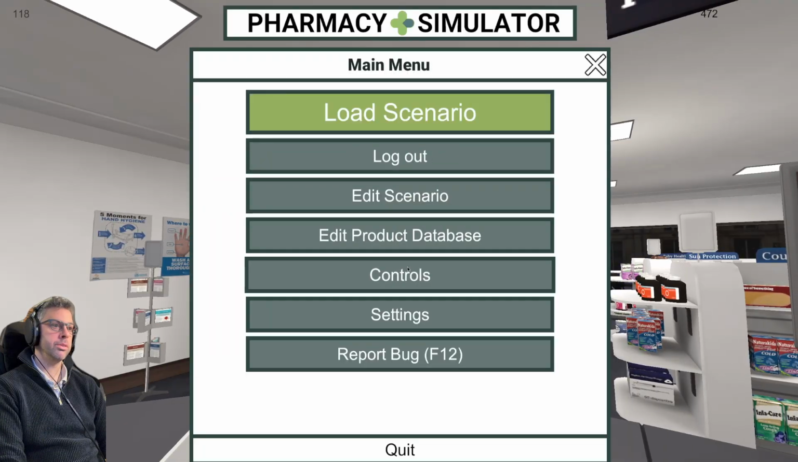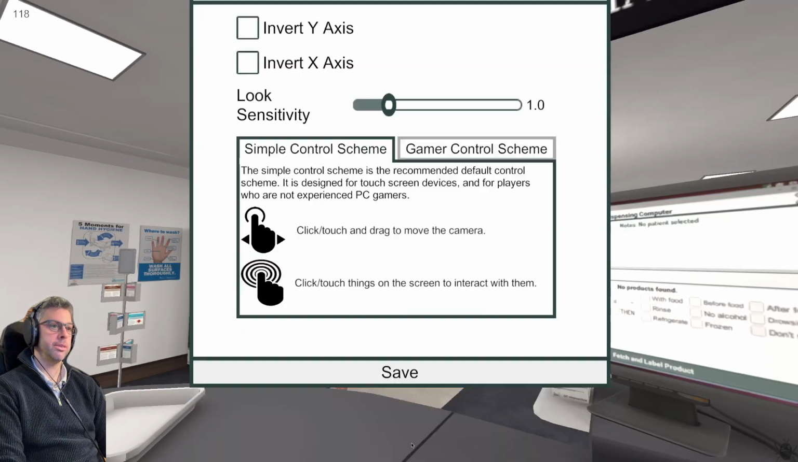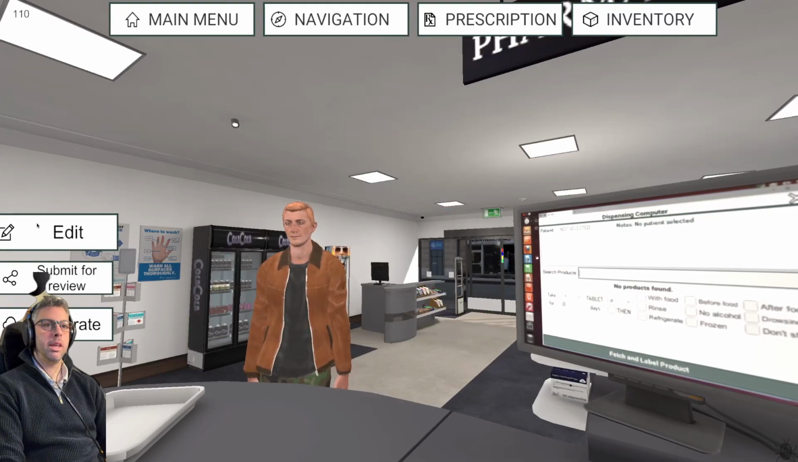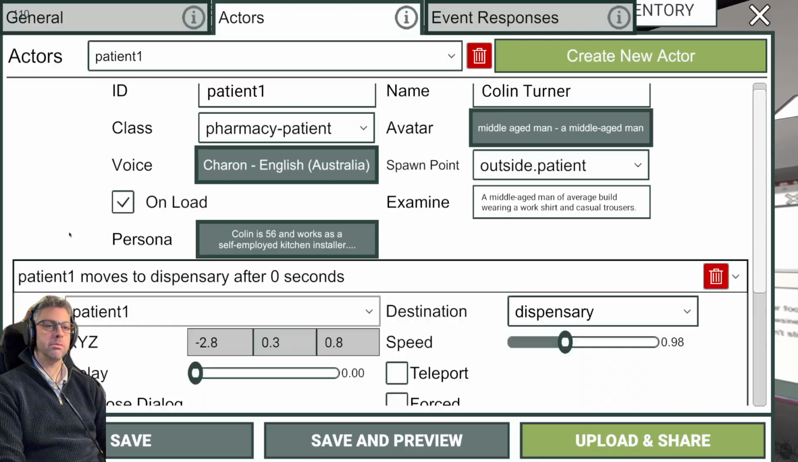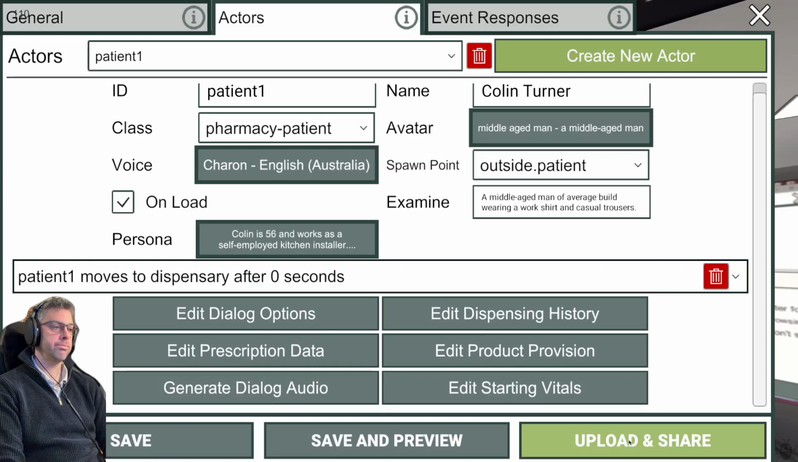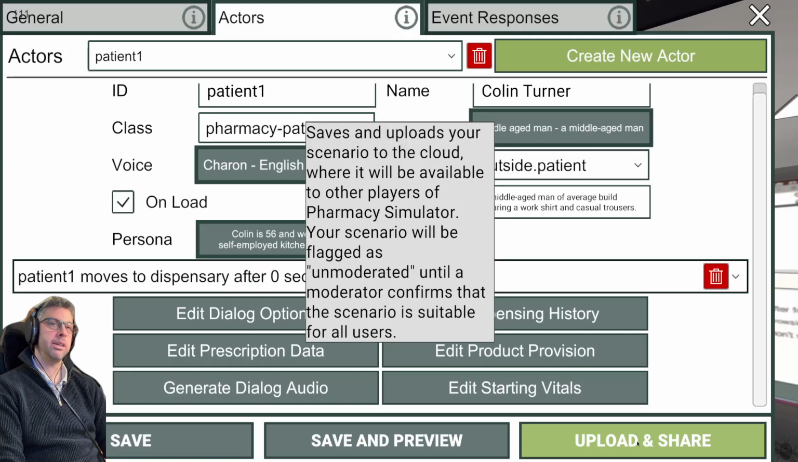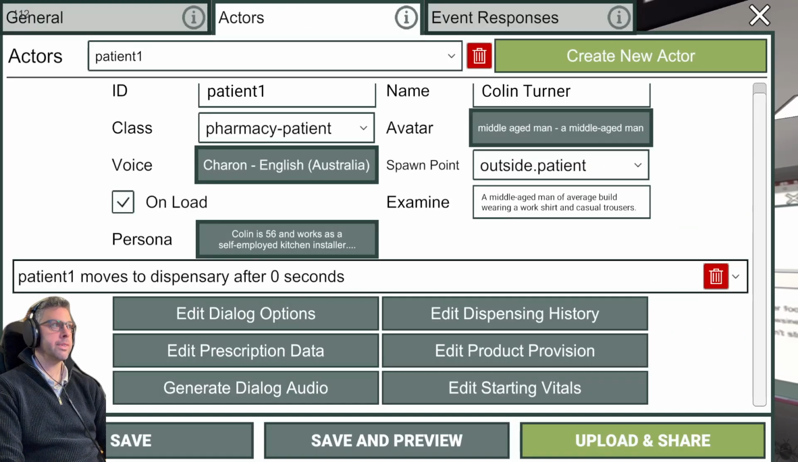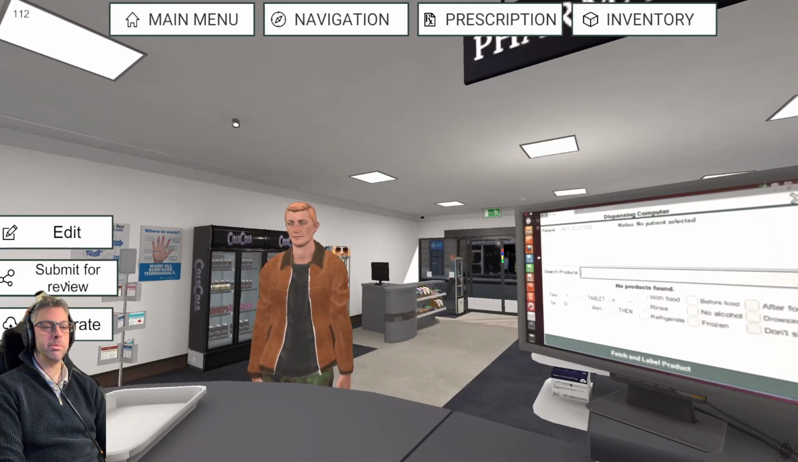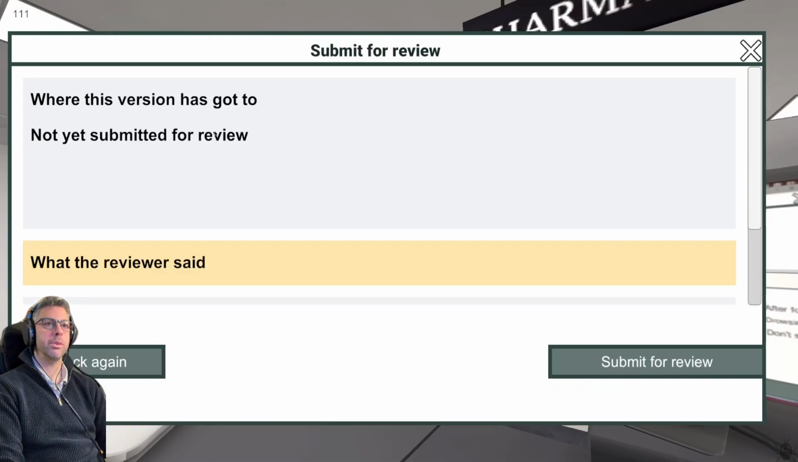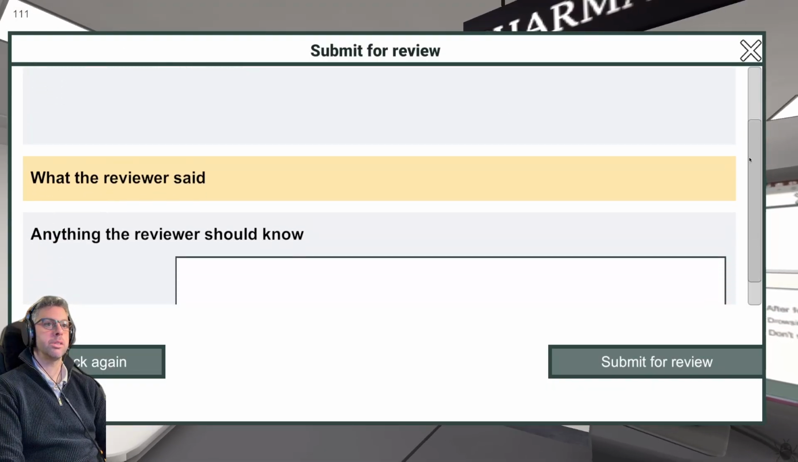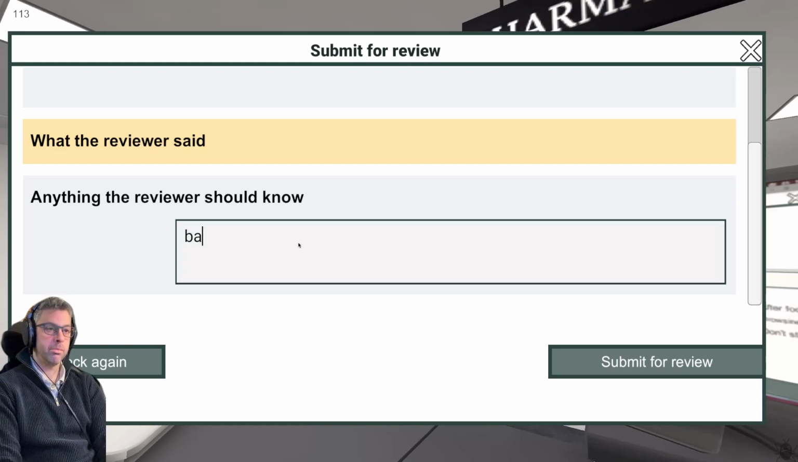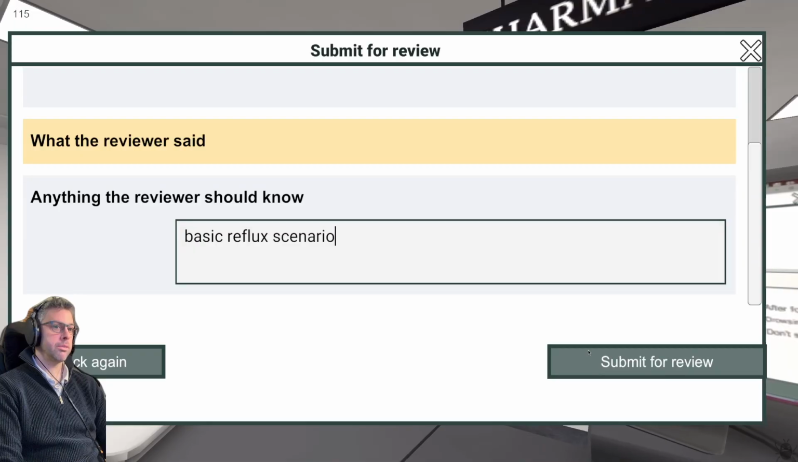So what we can do, I'll go back into simple control scheme because that makes it easier, is if I go into the edit scenario menu here, I can upload and share, and that just uploads to the cloud. And after I've done that, I can also submit for review, and that will submit it to get reviewed. Basic reflux scenario. We can submit that for review. In fact, should I rename it first? No,